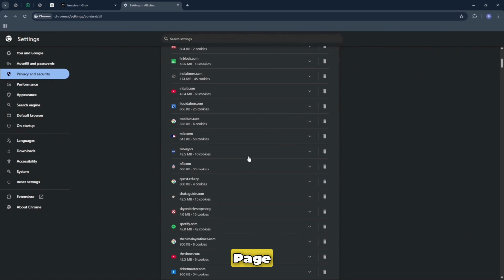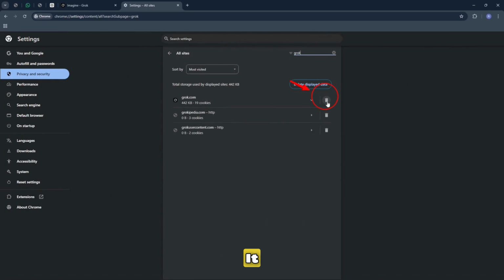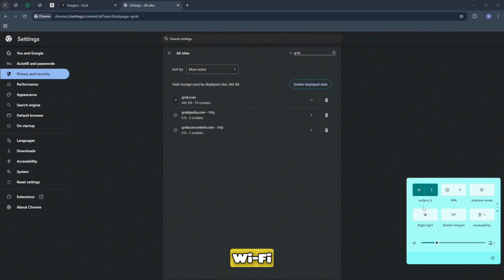Once you're in this page, search for Grok AI. Once it appears, click on the trash icon for it. Confirm it. Then you can head back, reload the website of Grok. Now it should work. Likewise, you can check your internet connection or try switching between Wi-Fi and mobile data to